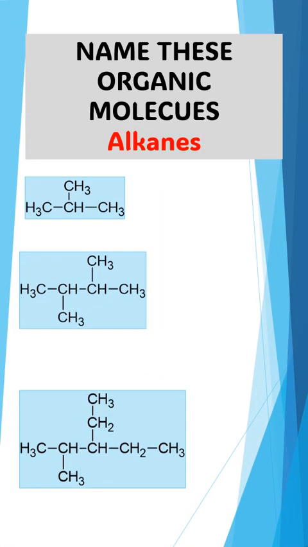Name these organic molecules. These are branch chain alkanes. The first one is named 2-methylpropane, 2 because it comes off the second carbon. The second one is named